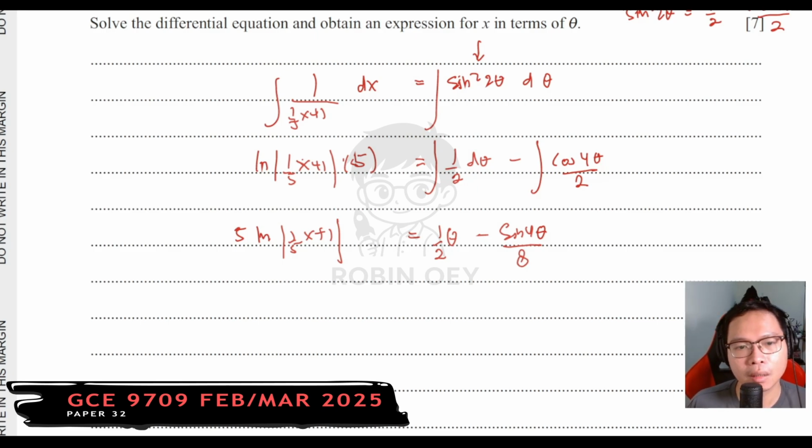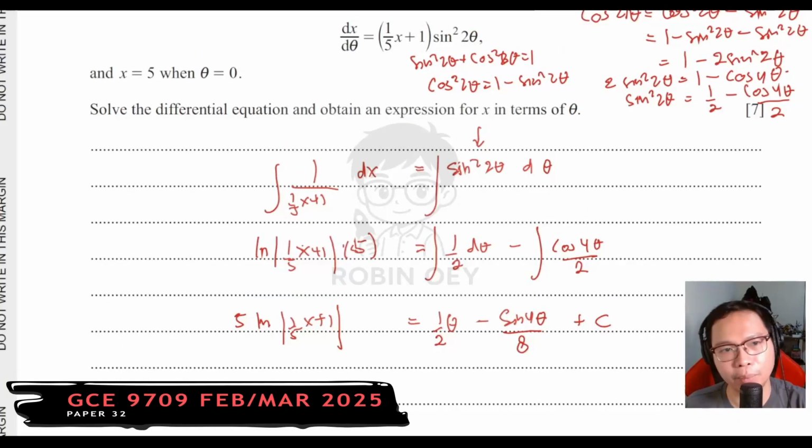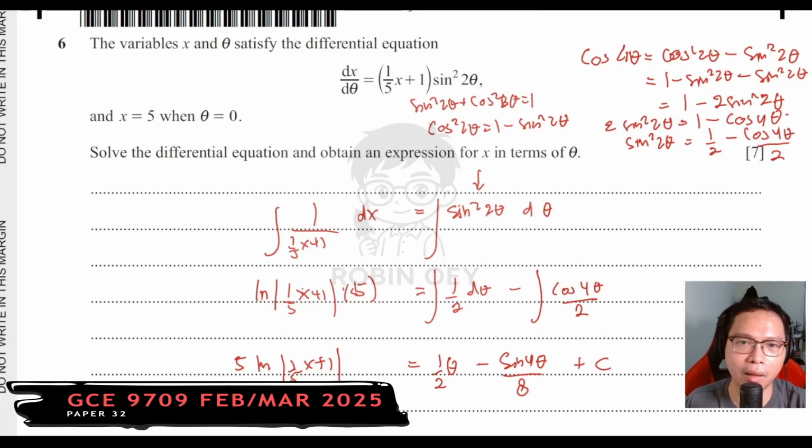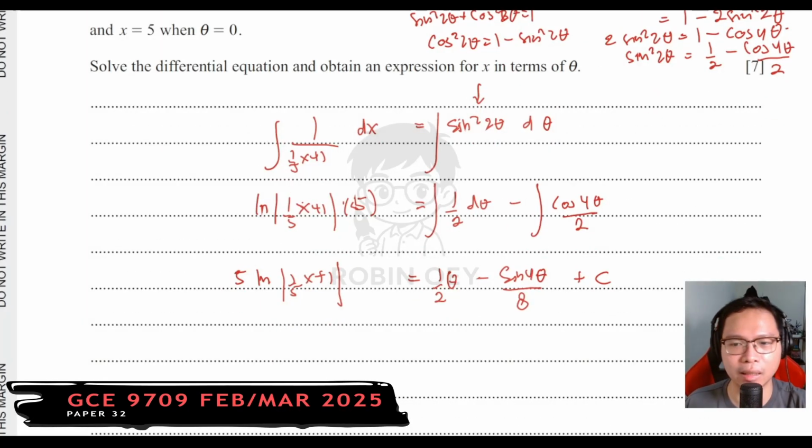Now, don't forget to put a plus c here. For a differential equation, sometimes people may be confused about where to put the c. Simply, we can see here x, here theta. Whatever is at the bottom part, you put the c there. In this case the bottom part is theta, so I put the c at the theta. That is how you recognize which side you need to put the c.